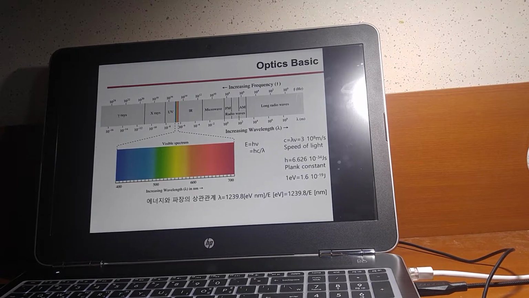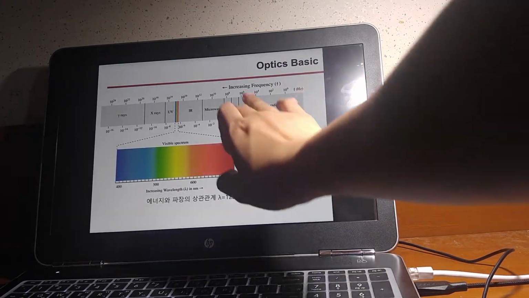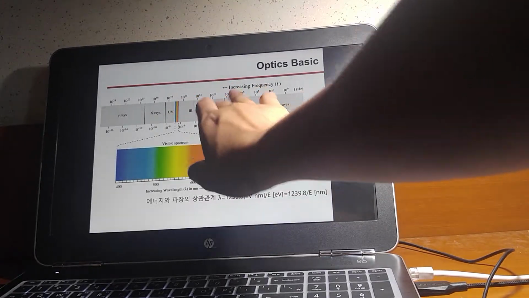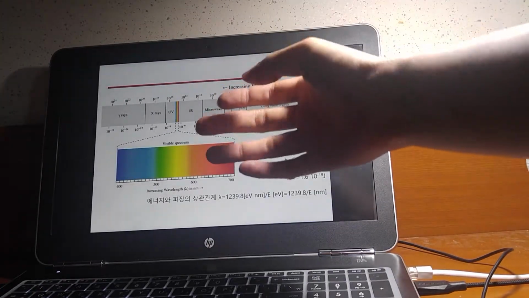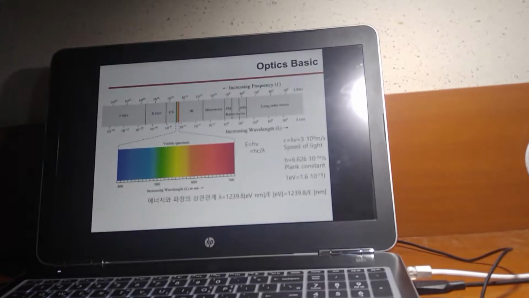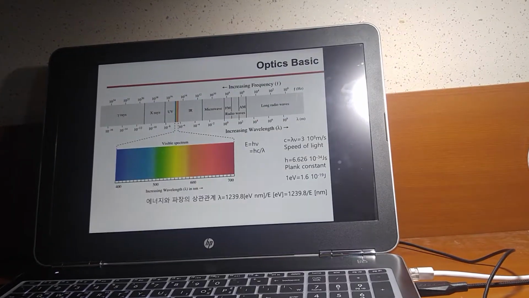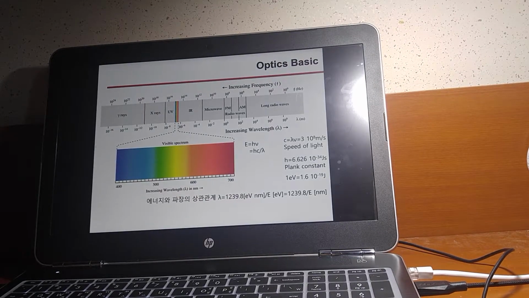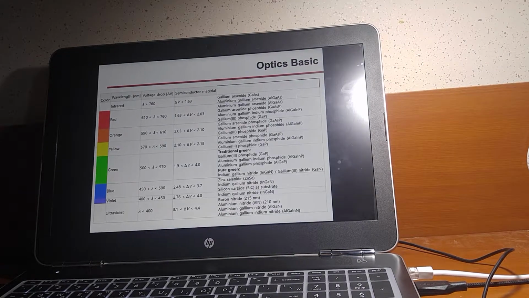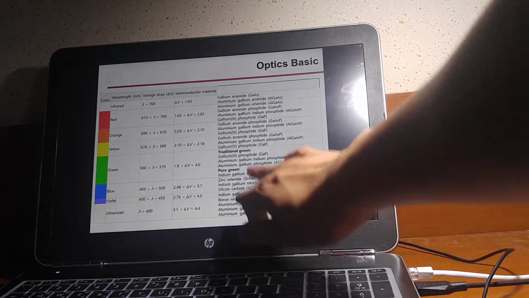Optics, and about basic optics. What you have to focus on in this section is that the sections differ by frequency and wavelength. And this section is the visible spectrum, which man can see. And as you can see on this page, there is no